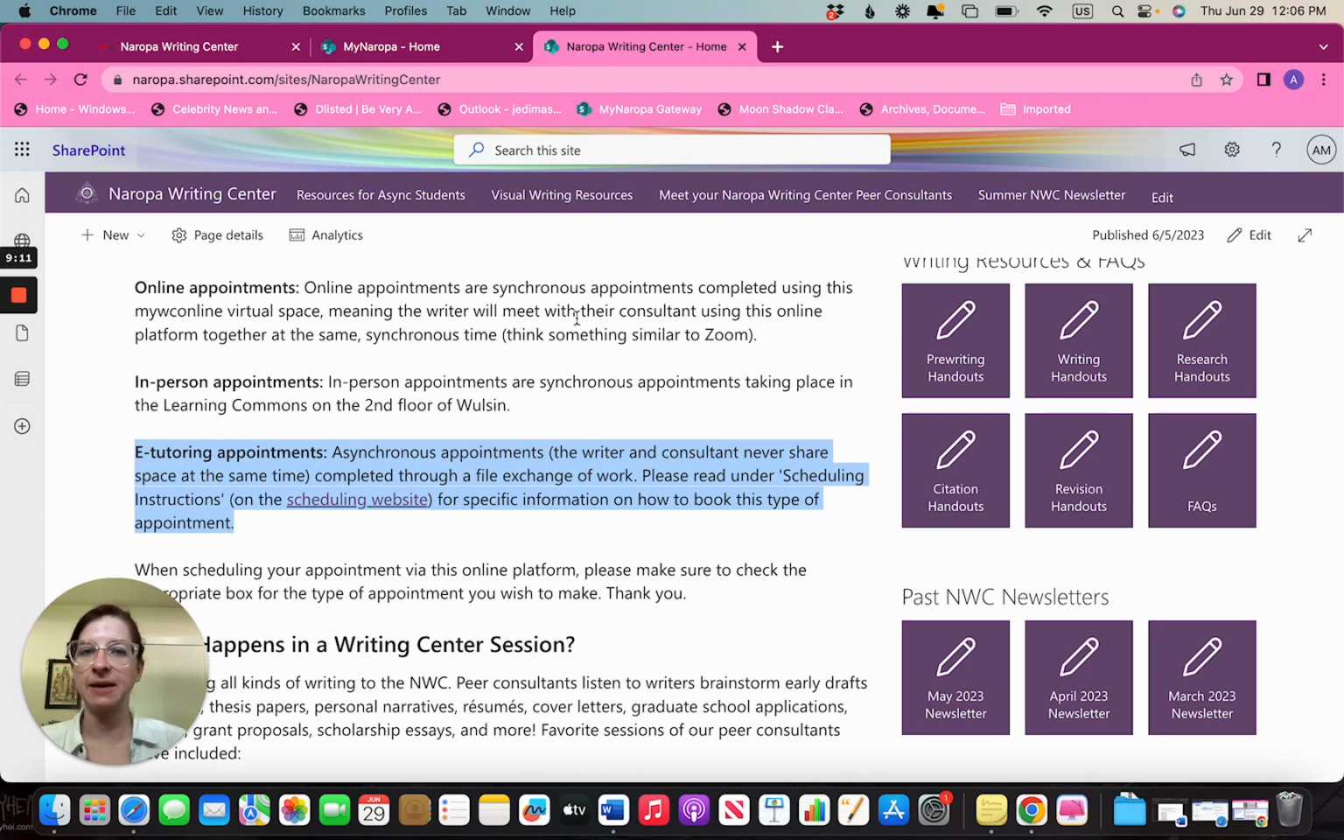One last thing to keep in mind, all 3 appointments are offered in the spring and fall semesters. However, unfortunately, during summer session, only online synchronous appointments and e-tutoring appointments are available. We do not do in-person appointments during summer session at this time. So sorry about that. And if you would like to learn how to book one of these types of appointments, please see the other